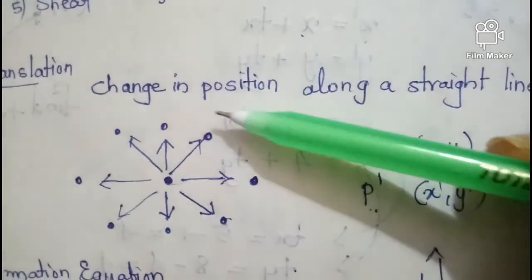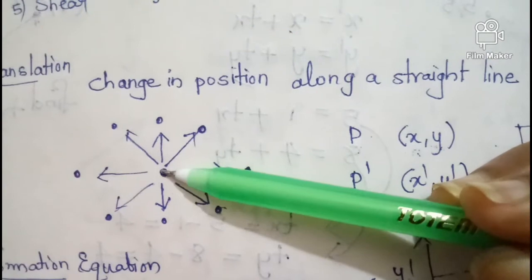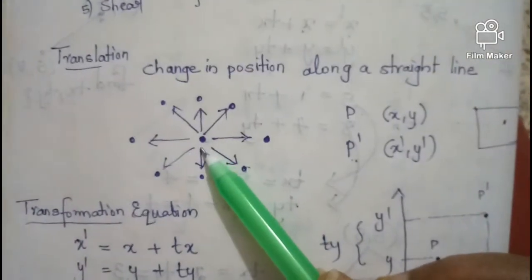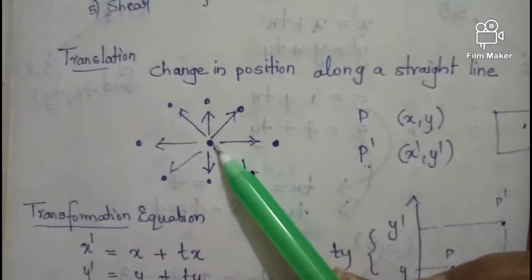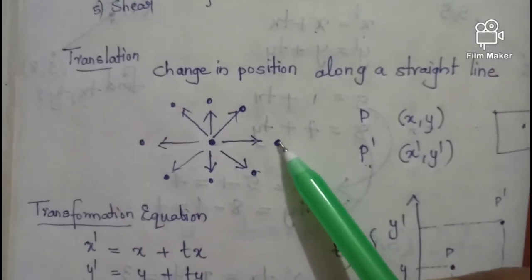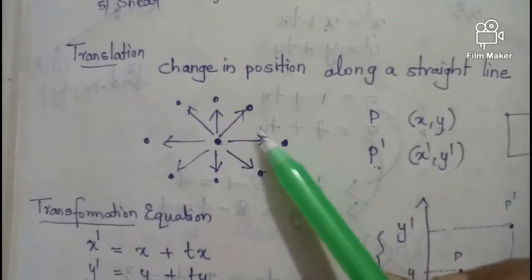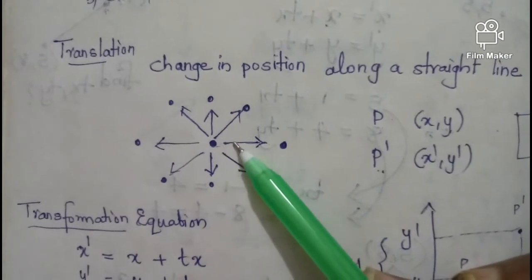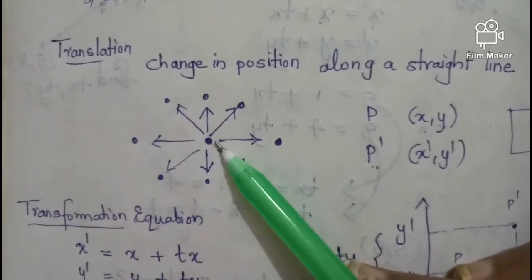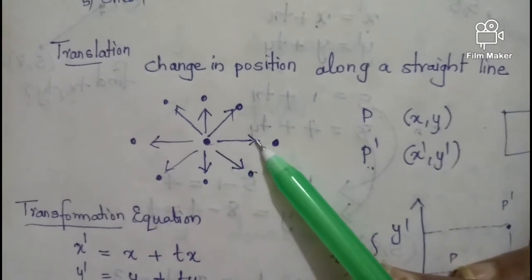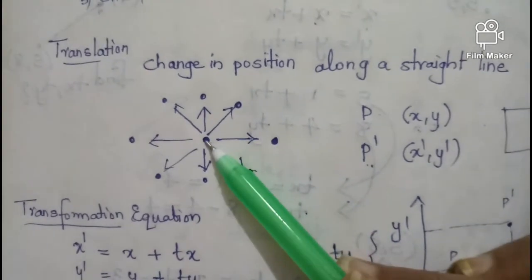Let us examine how. Let this be the original position of the object. From this original position, the object can be moved towards the right side. So let this be the new position. This is the original position and this is the new position. From this it is clear that the object has moved towards the right. If this is the movement, then the object has undergone a straight line movement.